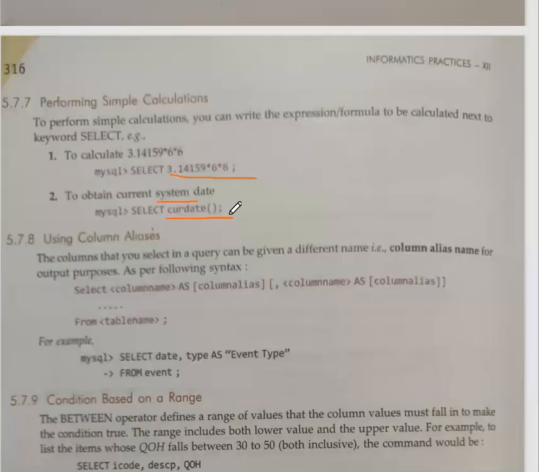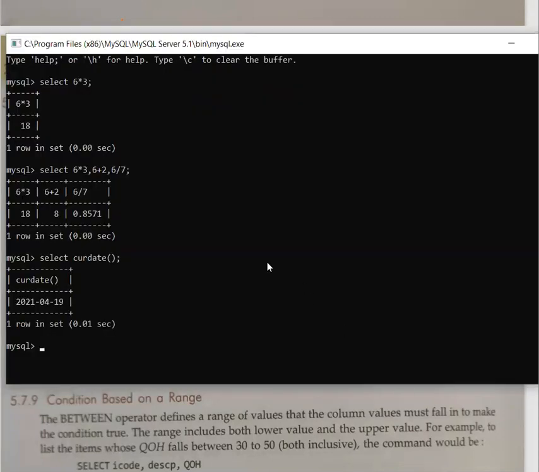Then one more function was there. Suppose I wanted to see system date and time, which function am I going to use? Any student, even you can type also, no problem. Again, I'm repeating my statement. I wanted to see current system date and time also. Which function am I going to use?